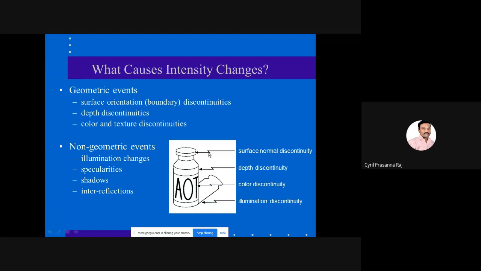Now, because of edges, you can come across multiple objects. Suppose if you take this case of this image here, you find that the edge is basically circular in shape. Your brain understands that it's a cork or the top of the bottle. Then if you see the bottle is having a cylindrical shape, then you tell this is the body of the bottle. And then when you come across this kind of edge, A, O, T, you understand that it's a letter. And then there is an edge here which tells you that this is the shadow of this bottle.